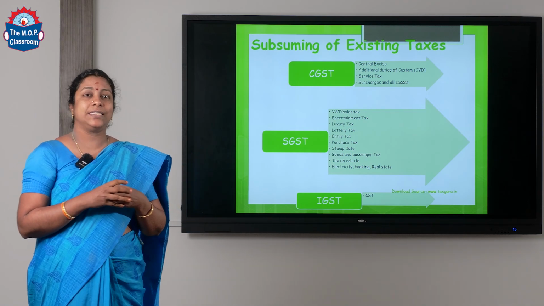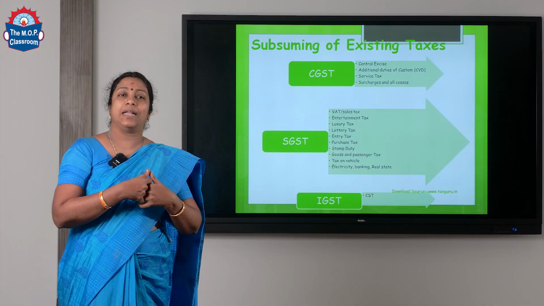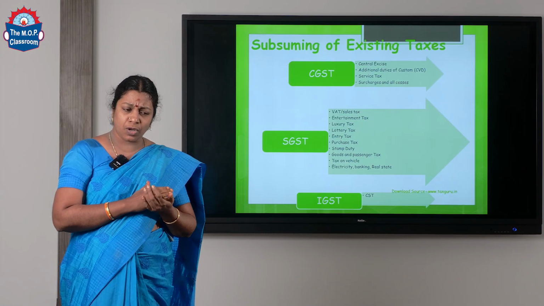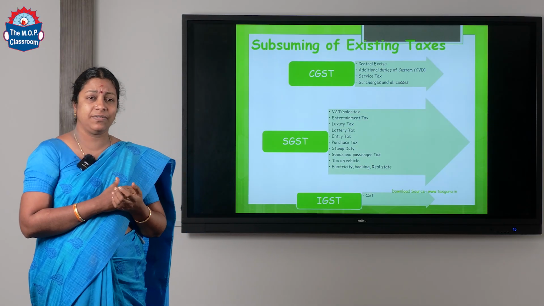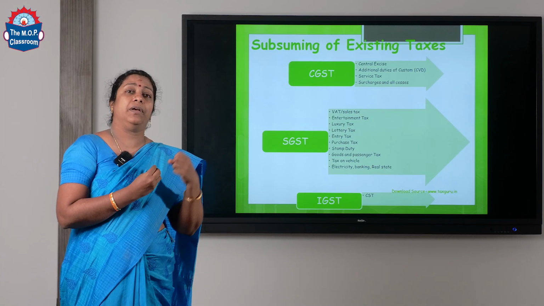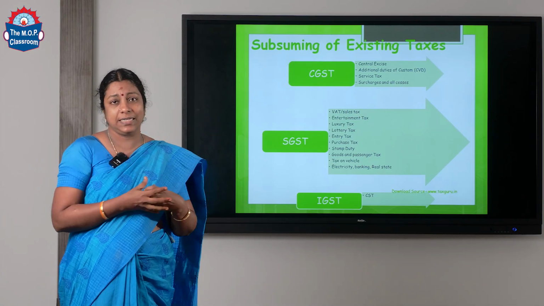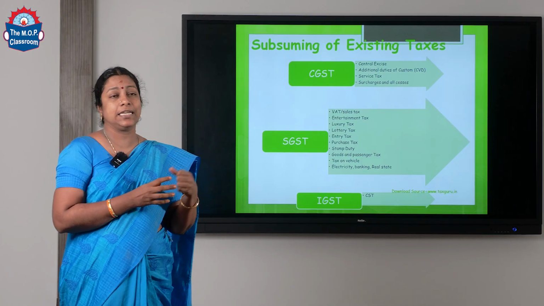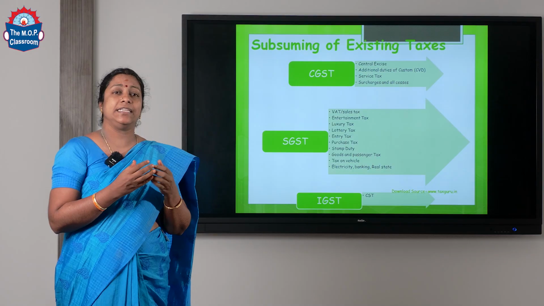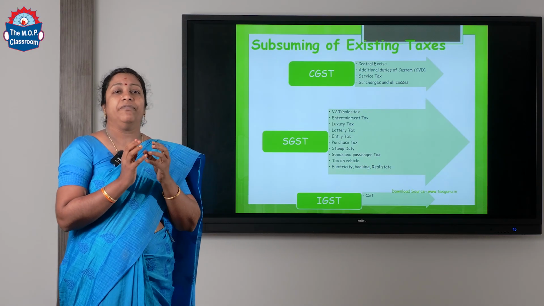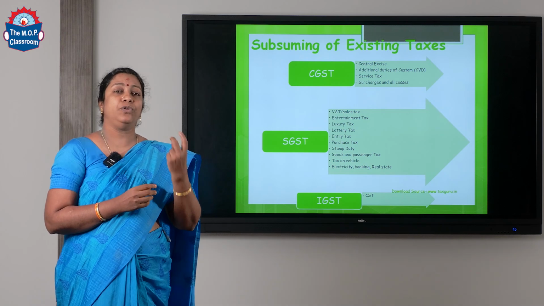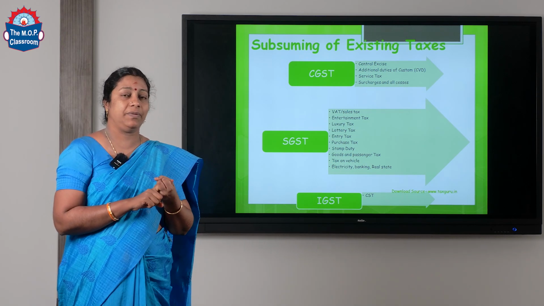Dual GST model means whatever the transaction that is happening, if you are just making a transfer within a state, say I am buying from Chennai and from a person who is in Trichy, so it is within a state. In that case it will be called CGST and SGST. CGST and SGST means any transaction happening within the state. Within the state, two taxes, CGST and SGST, will be collected.